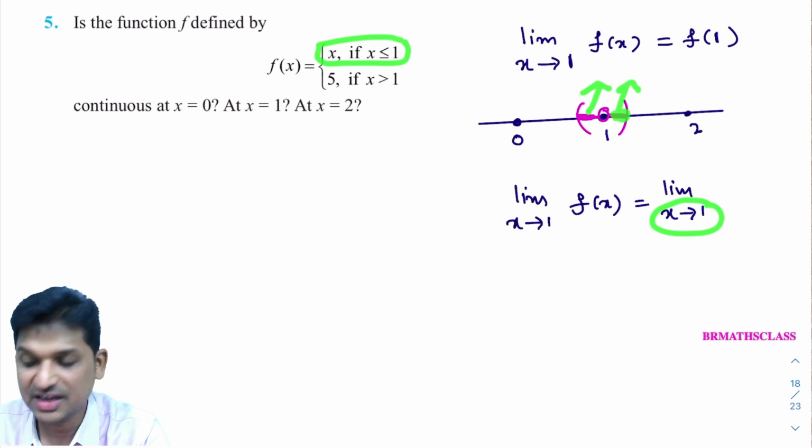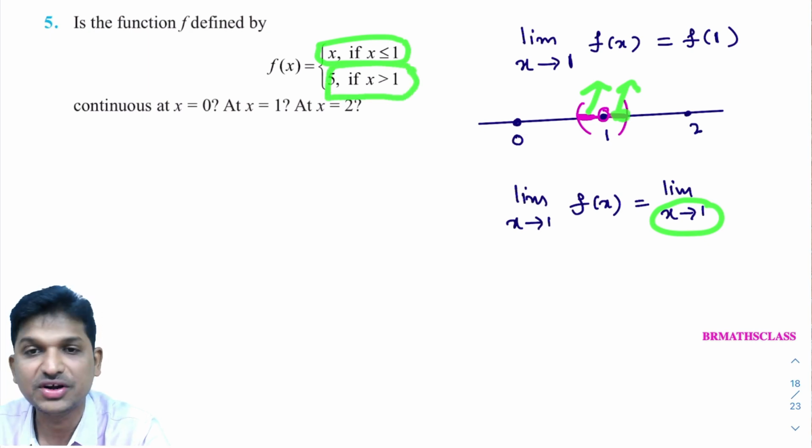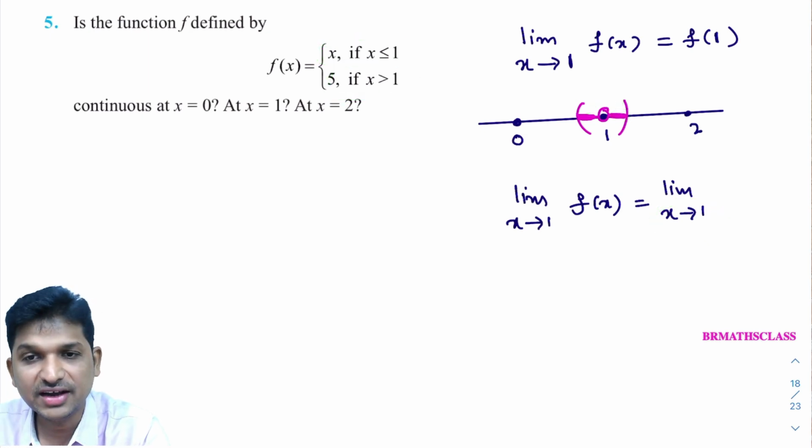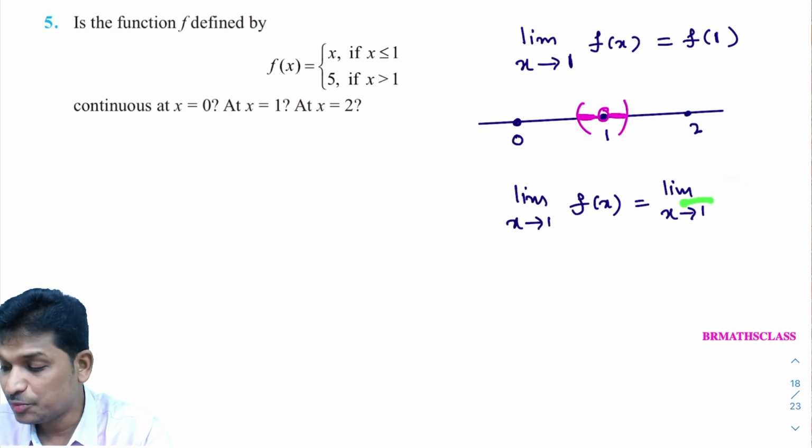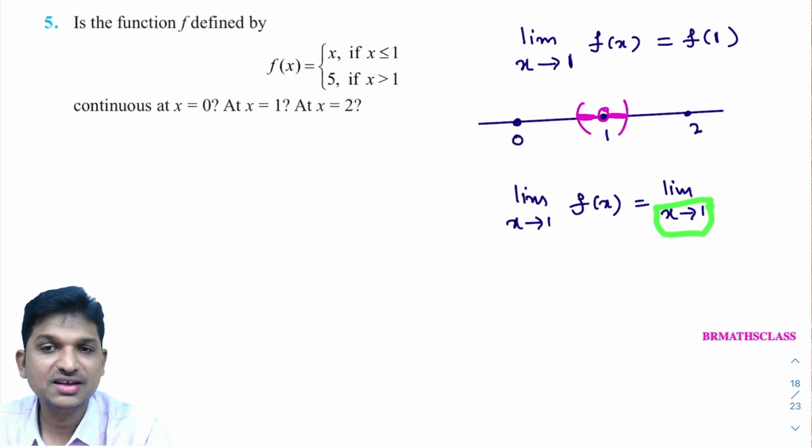When x value is greater than 1, at that time we need to choose the second function. So here I am confused about which function to choose. At least you tell me which function to choose. Do I need to write x here or phi? What do I need to do? Here x approaches 1 means x values are slightly less than 1 or slightly greater than 1, but not 1.